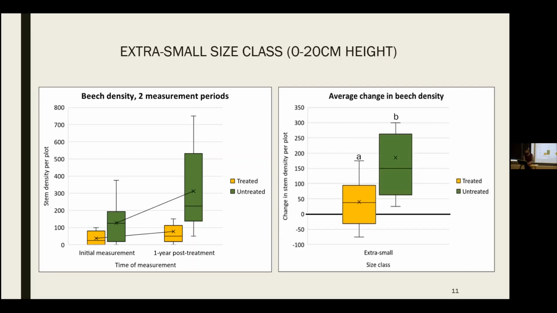This suggests a treatment effect. But if we look back to the box plot on the left, and we focus on the initial measurement period, we see that the untreated plots started off with a substantially higher density of beech stems than the treated plots. This suggests that an absolute change in density in treated plots would be lower even if they weren't treated, and possible reasons why the untreated plots